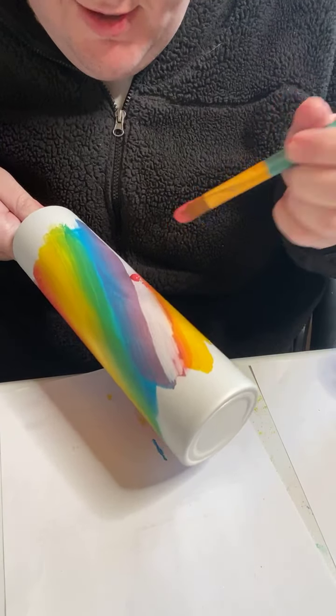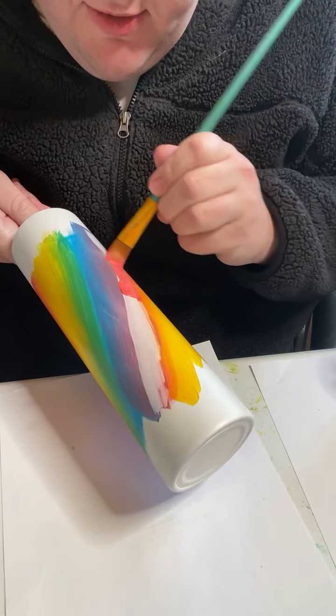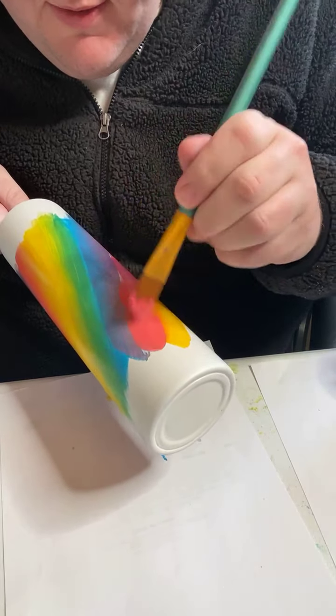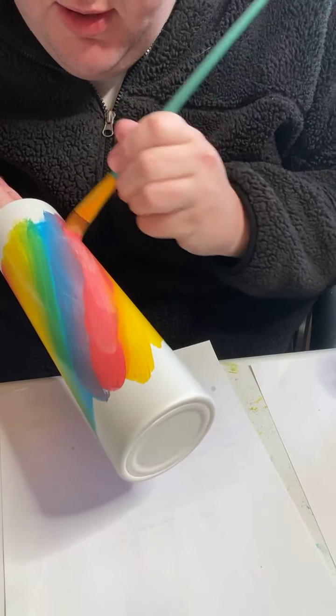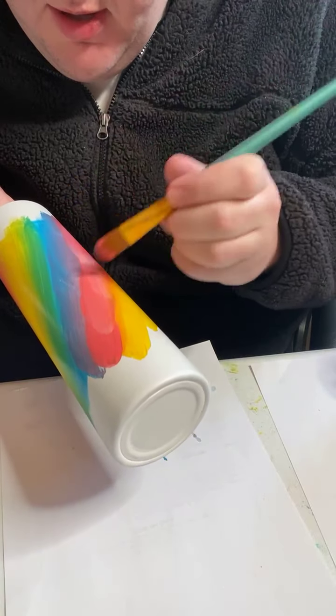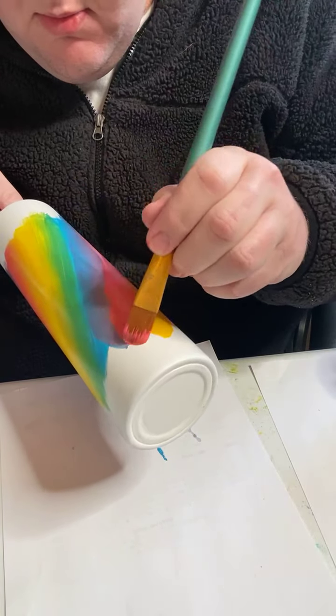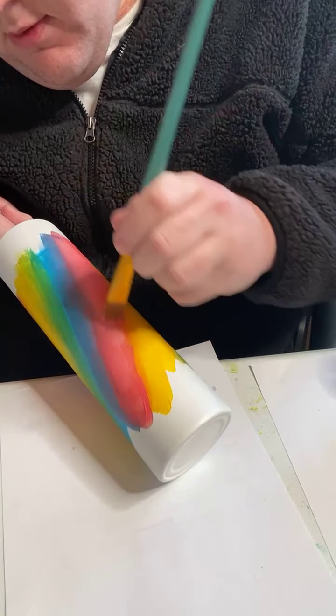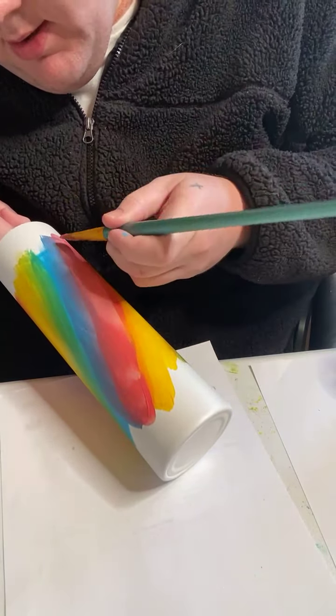Oh, thank you guys. This is folk art paint. It's just a craft store paint from Michael's. It's nothing super fancy. I do typically love to use Dixie Belle paints, but I didn't have the right colors, or I would have. Alright, so that's better. Got a little bit more pink in there. Still got some purple, but...